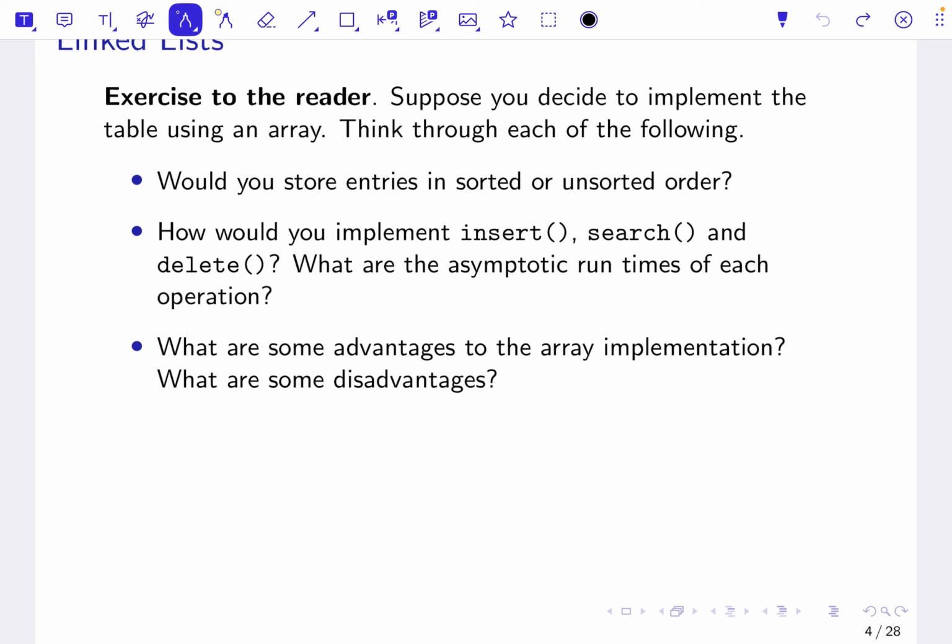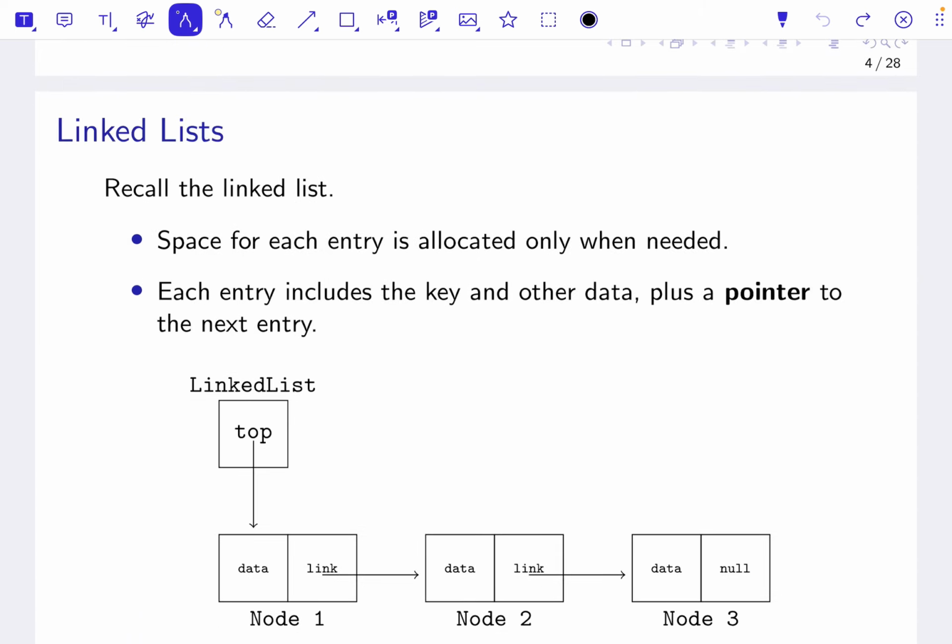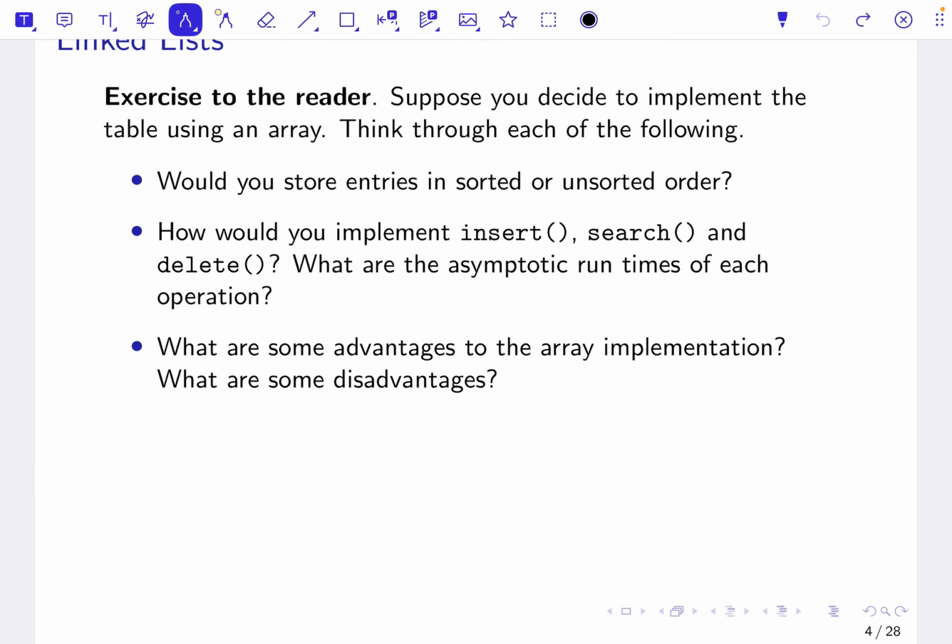So suppose you decided to implement the table using an array. You have several decisions to make from there. Do you store entries in sorted or unsorted order? How would you implement each method? And what are the advantages and disadvantages to these? You should definitely think about this on your own, especially comparing them to the linked lists that we'll see soon. But to go over them quickly,